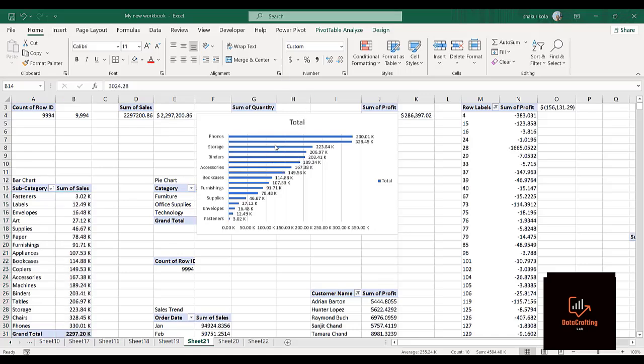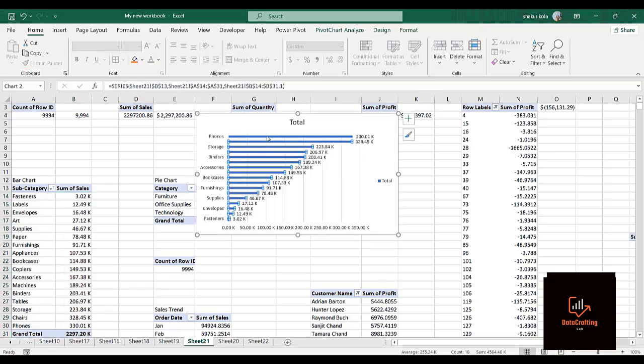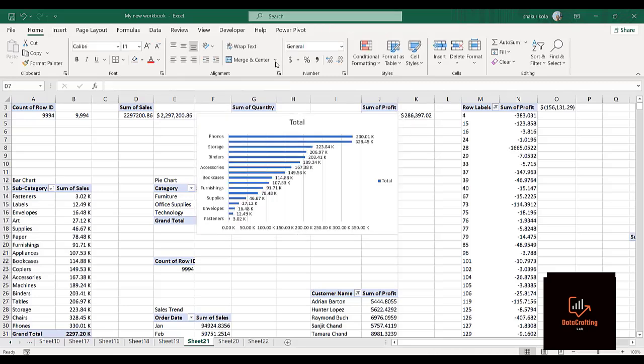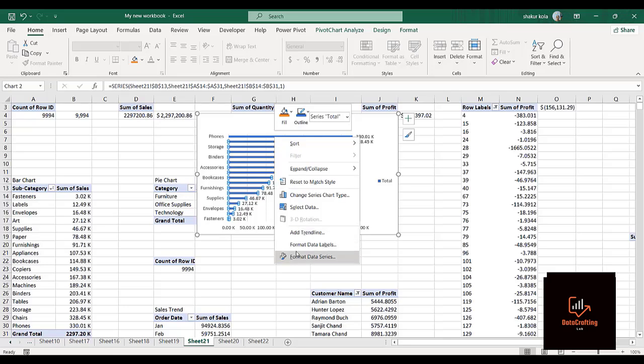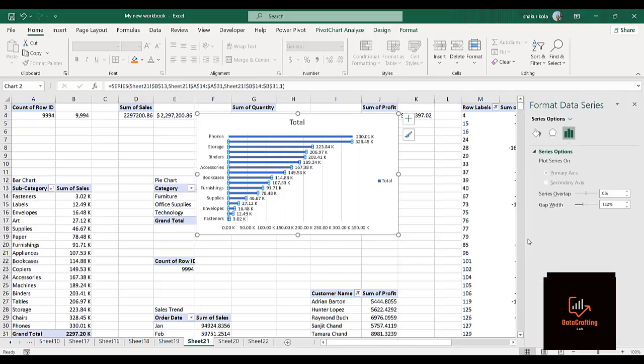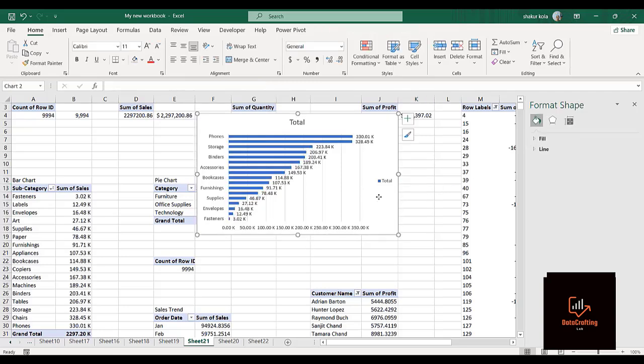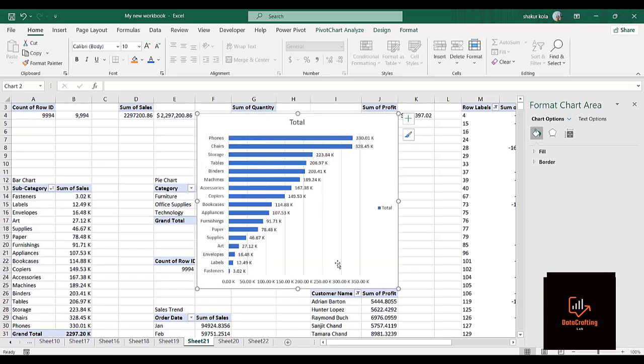Now the next thing I want is I want these bars to be a little bigger. Now I'll hit on it, I'll right click. I'll click on format data series. Now this gap width, I'll just reduce it. Let me put it at 91. Now you can see now. Let me increase this so that